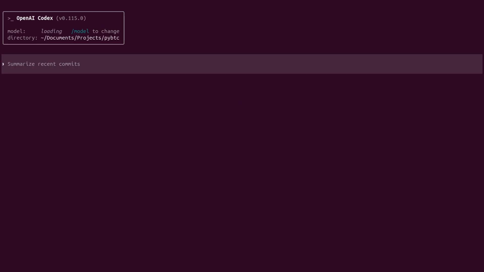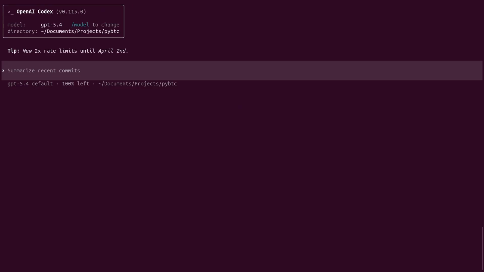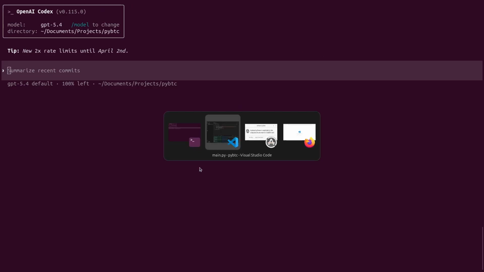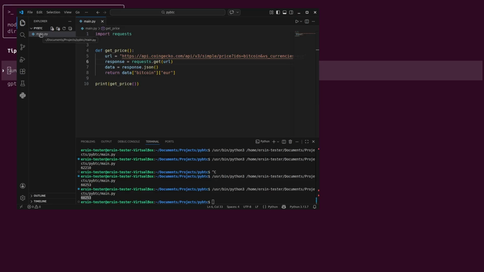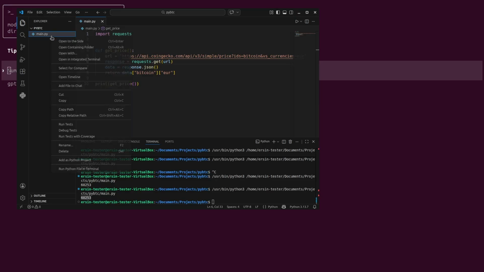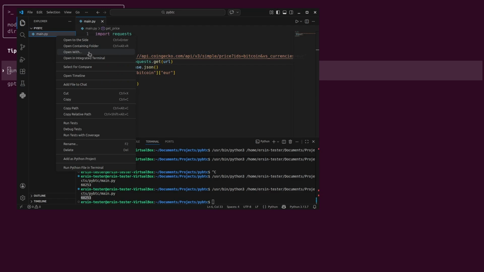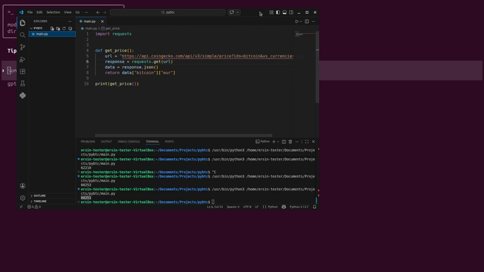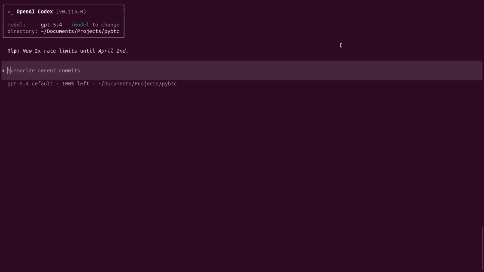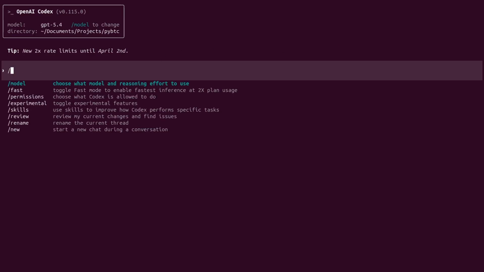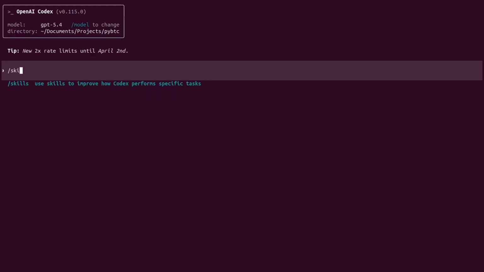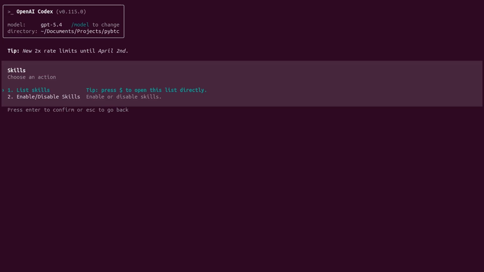First, we need to trust the folder, and we have just one file in the folder. If we write /skill, we will get the skills menu, and we can list skills, enable, disable them.